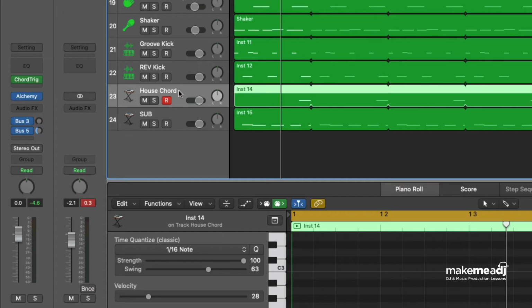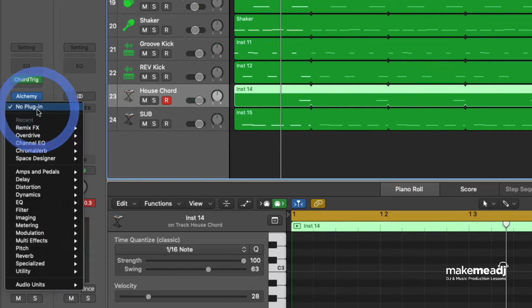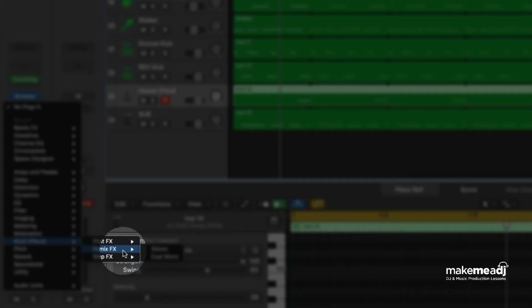First, let's head over to the audio effects and then go to the multi-effects section, and we can see Remix Effects is there. Let's choose the stereo version. We're going to put this on the house chords,